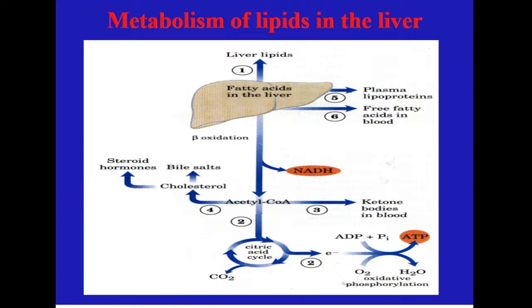So let's look at the liver metabolism of lipids as a simple scheme. After formation, fatty acids in the liver can be used for the formation of liver lipids, of course phospholipids, and a small quantity of triglycerols which is stored in the liver, or they can go into the structure of plasma lipoproteins and be transported to all the cells. So the liver can supply our peripheral cells with cholesterol, with phospholipids, with triacylglycerols, and with ketone bodies, as we know.